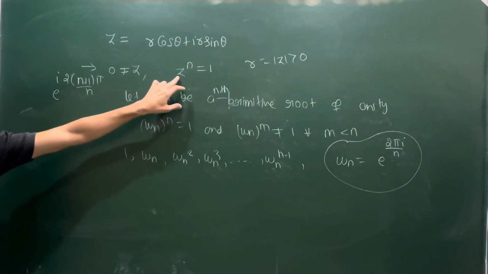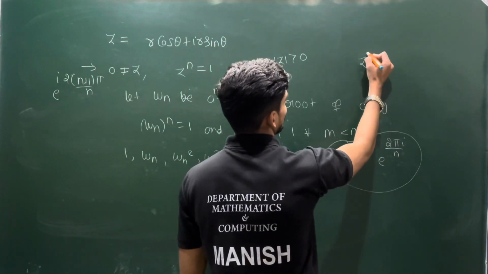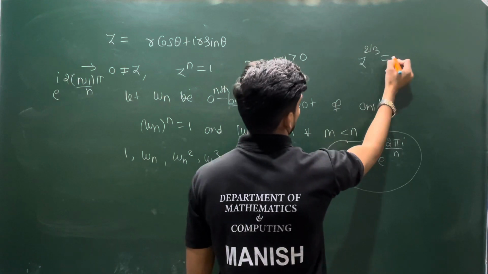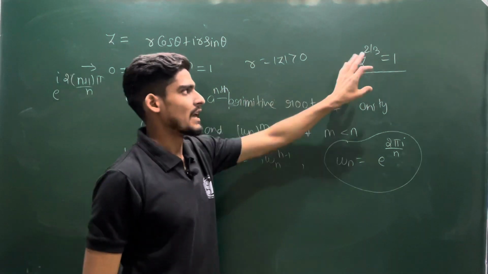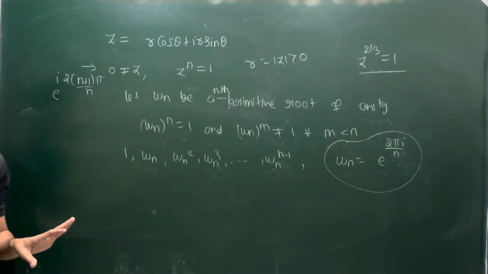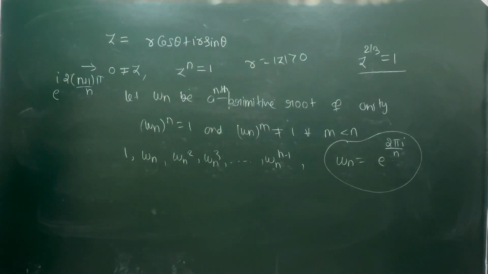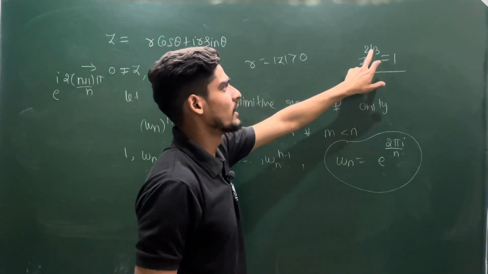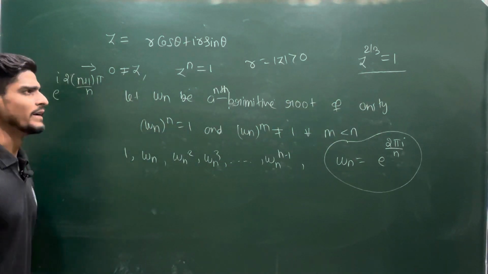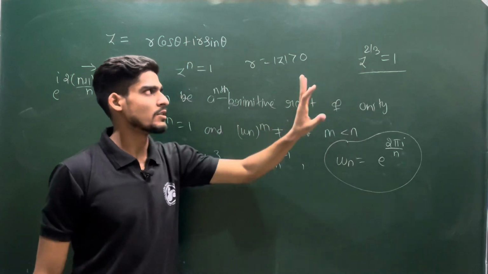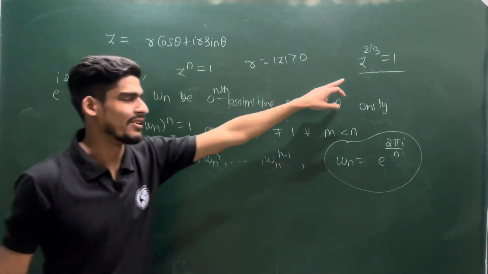So you are seeing I have done it for only this. Can you find the solution for this? If you are able to find this, then I will assume that you are understanding the topic a little bit. Because in complex numbers, you can find every power, complex power or real power. So try to compute this power, z power 2 by 3, the solution of this equation. We will be discussing in the next lecture how to find the non-integer powers of complex numbers.